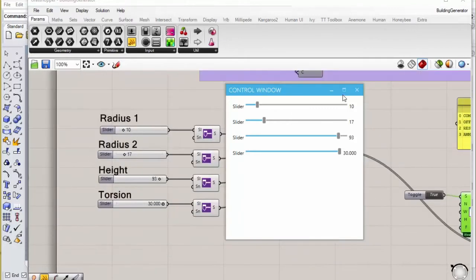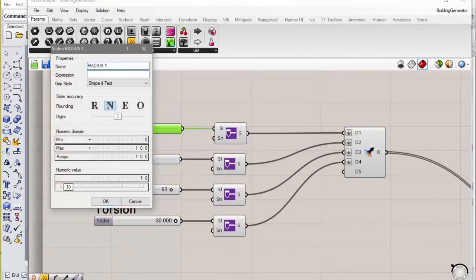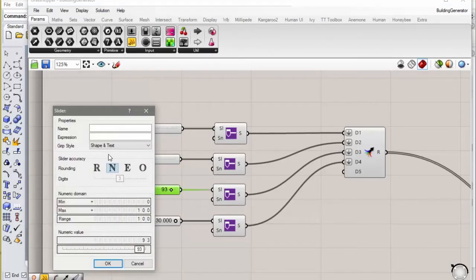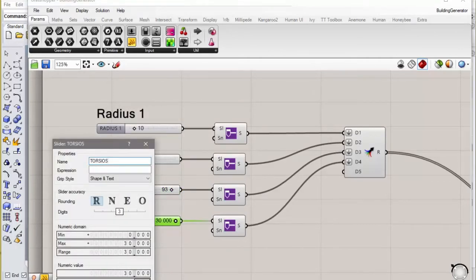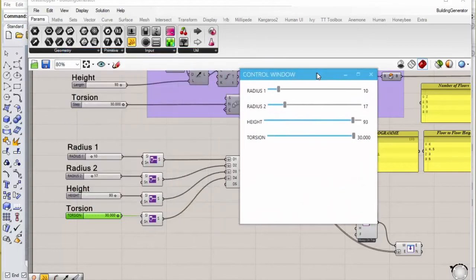So we'll just change them all. Okay, there it is.